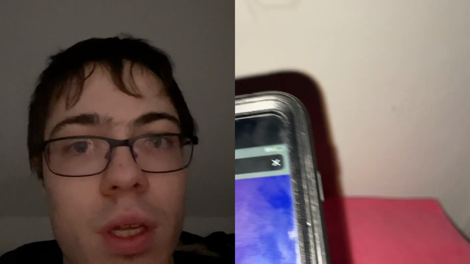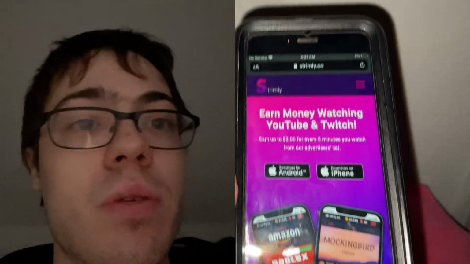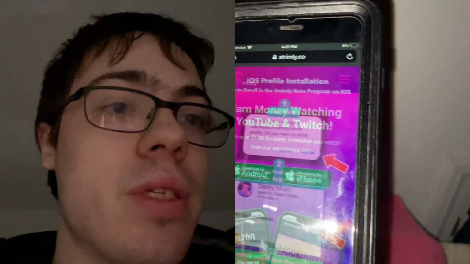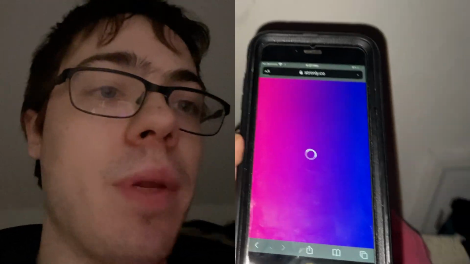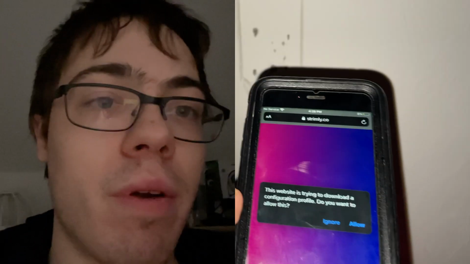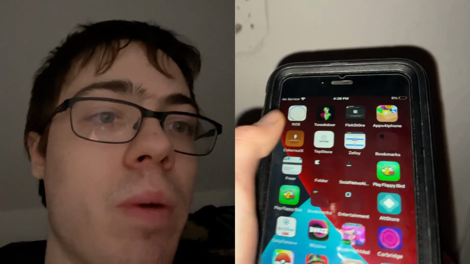download it. So I'm on the site now. I'm on an iPhone, so I don't really know how this works on an Android, but I'm going to press download for iPhone, press start download, and basically what will happen is it's going to install a configuration profile. So we're going to go ahead and press allow, we're going to press close, and now we need to reopen